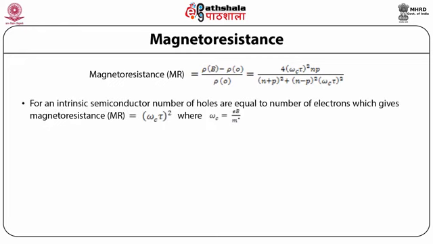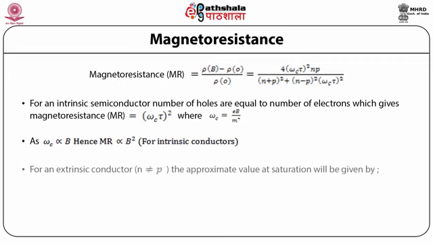For an intrinsic conductor having number of electrons equal to number of holes, we have magnetoresistance equal to (ω_c τ)², where ω_c is eB/m*. ω_c is the resonance angular frequency. As we know that angular frequency is directly proportional to magnetic field, this magnetoresistance is directly proportional to the square of the magnetic field, as in the case of a semiconductor. On increasing the magnetic field Bz, the transverse magnetoresistance first increases gradually, then more slowly, and finally reaches saturation.